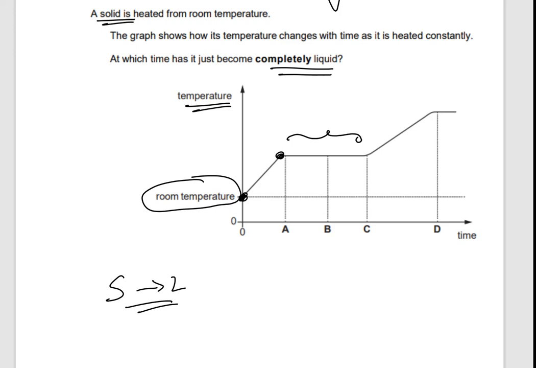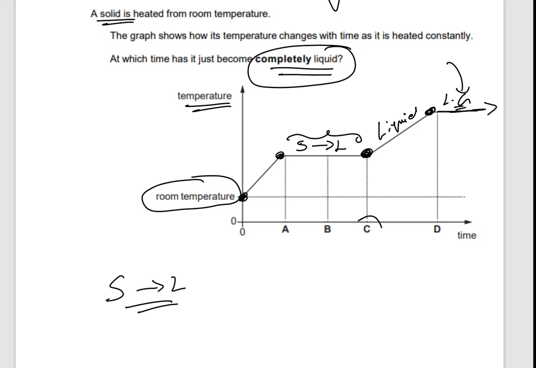At this phase you will find some of the solid remains a solid, and some of the solid has converted to liquid. So you'll find solid and liquid at this phase. When is it completely liquid? It would be from this phase to this phase. It's completely a liquid. And if you continue along the curve, that's the point when the liquid will be turning into a gas. So from C to D,